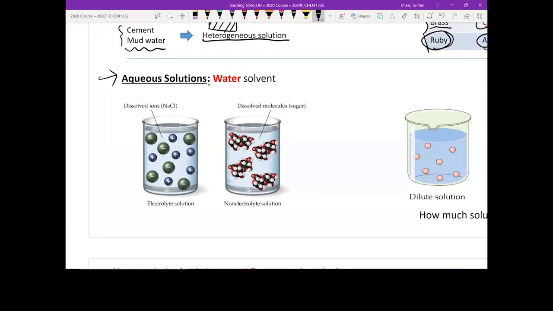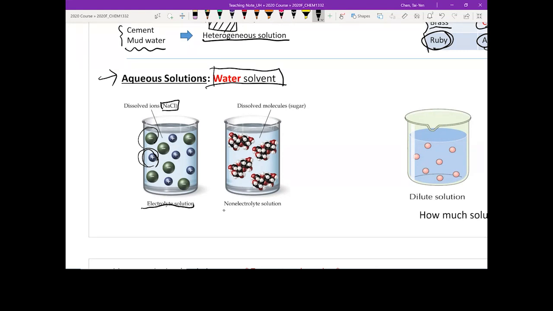For chapter 10, all the things that we talk about will fall within aqueous solutions, which means the solvent is always water. Depending on the type of solute you have, you can have an electrolyte solution. That means when the species goes into your water solution, it dissociates so that you have both anions and cations